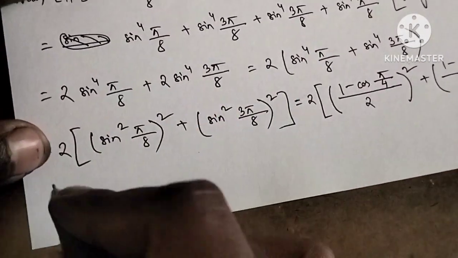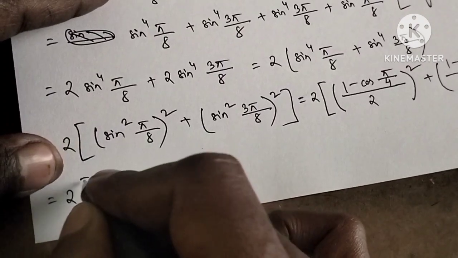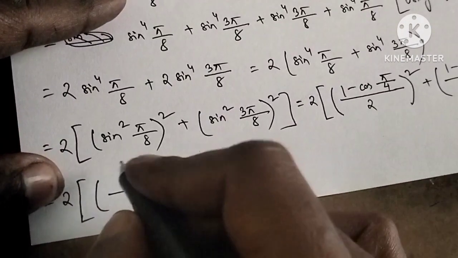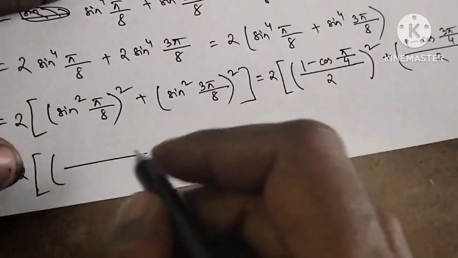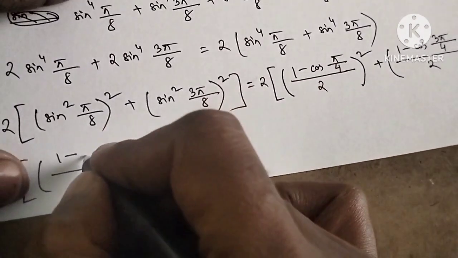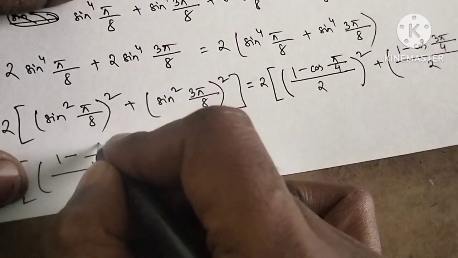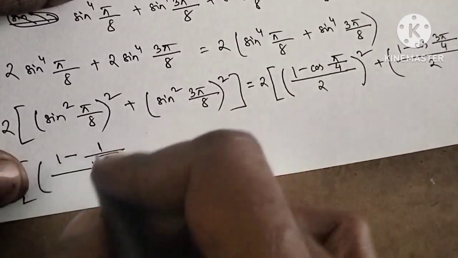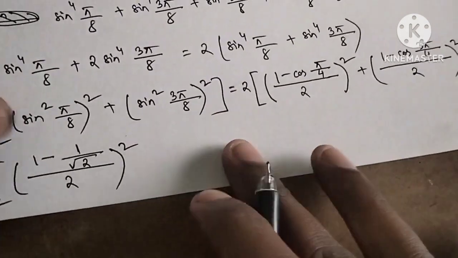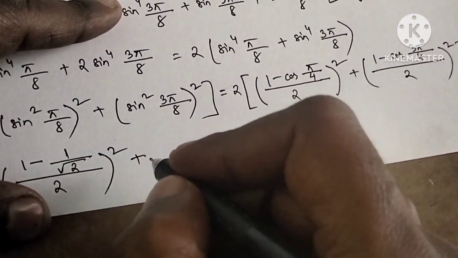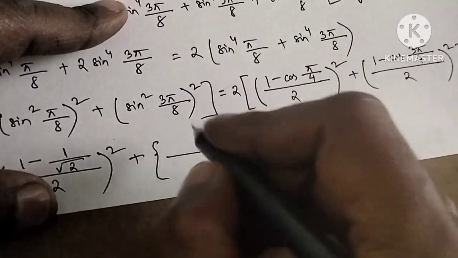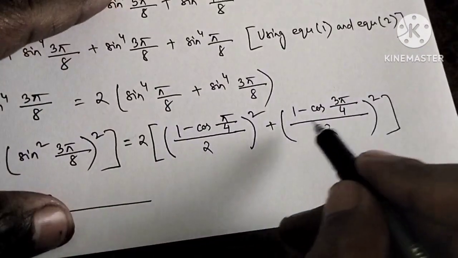So now 2, 1 minus cos pi by 4 means 1 by root 2, by 2 whole square, plus 1